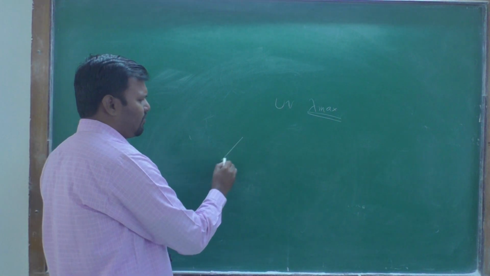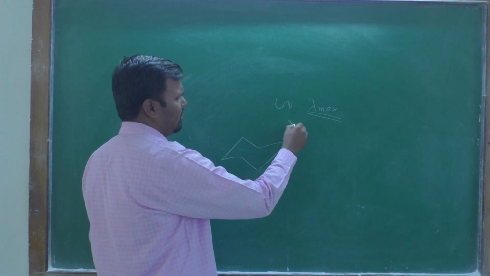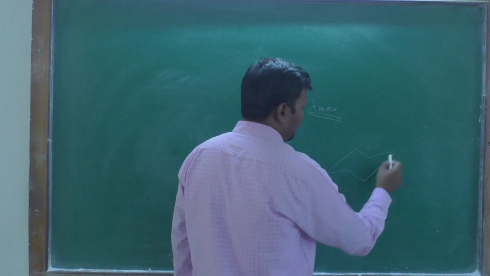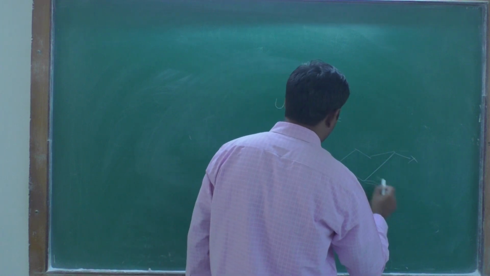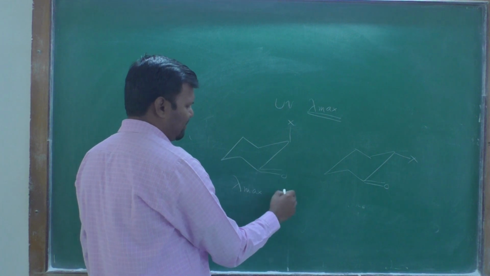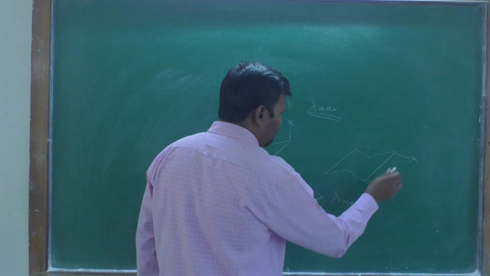If your halogen group, chlorine, X is there, and in this case equatorial X is there, the lambda max normally increases compared with the lambda max when the group is present at the